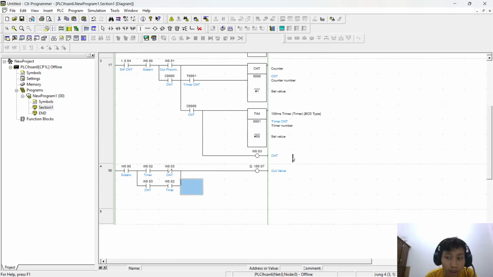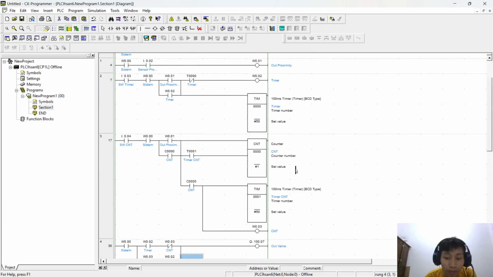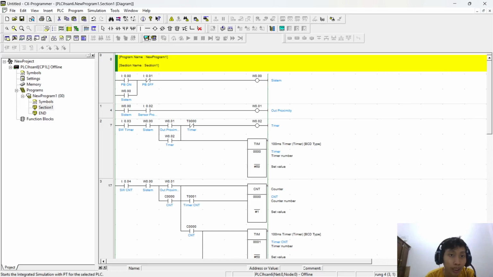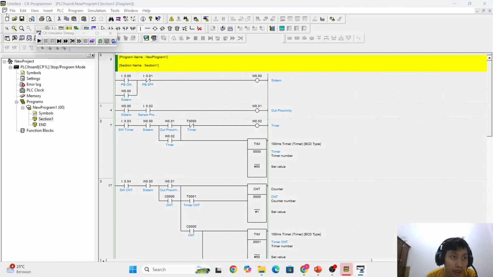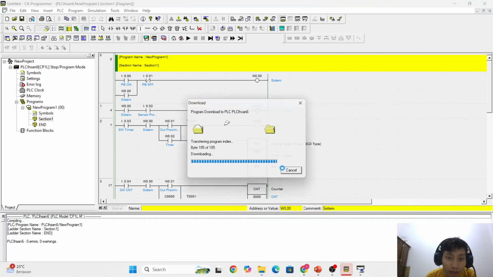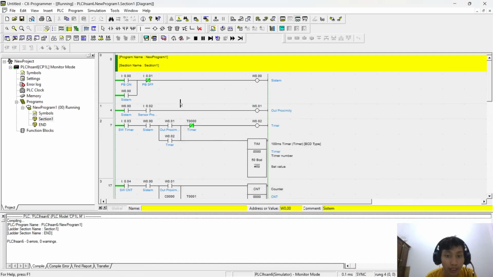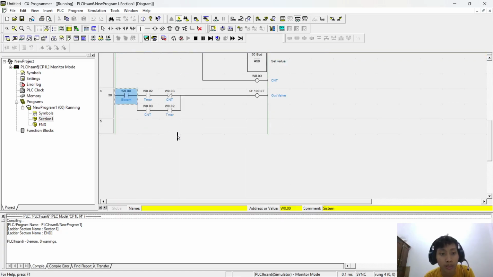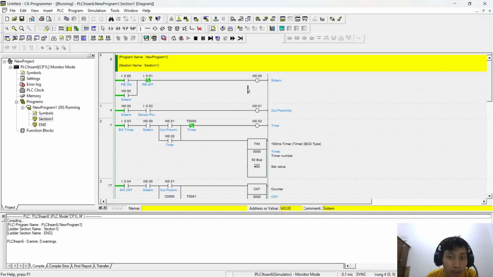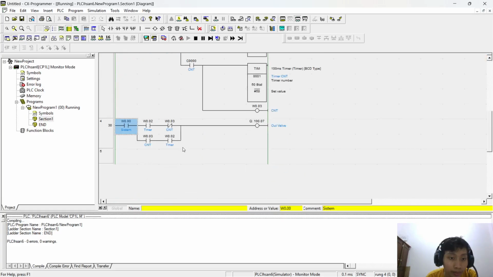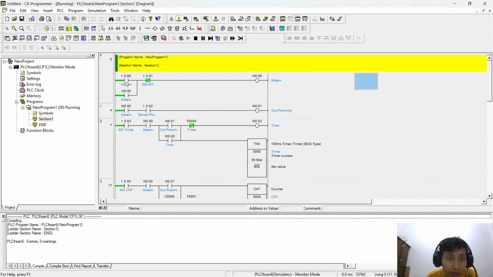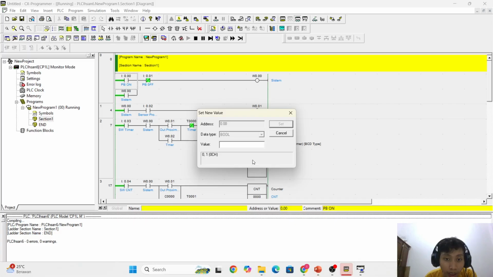how the program works. First, you must click the work on the simulator and press it. Okay, nice. Now the PLC program is started, and it is a PB on, and if you click it, it's a value.